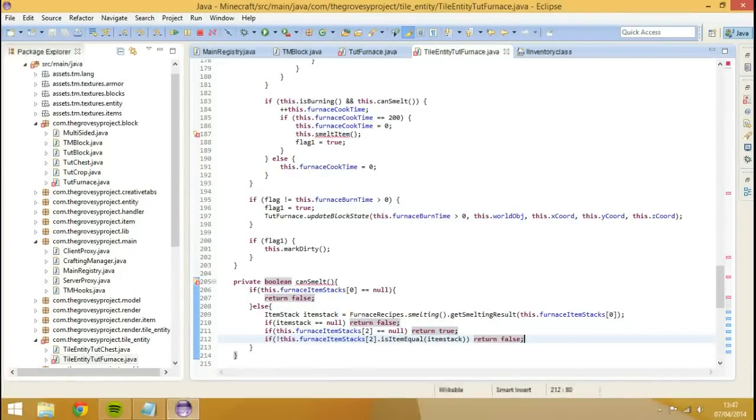We're going to create an integer now, which will just be a result. Okay, and we're going to set this equal to furnace item stacks 2 dot stack size plus item stack dot stack size, and I put capital S. Item stack there. Okay, and what we're going to do here is we're just going to return result. Okay, so as long as the result is less than or equal to